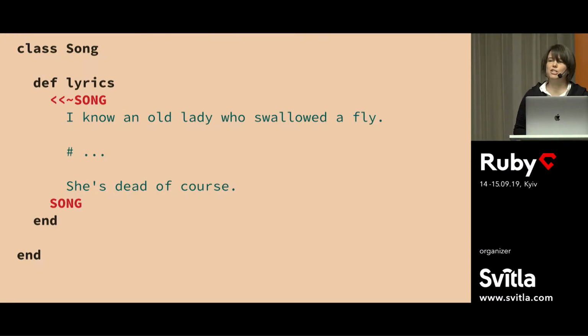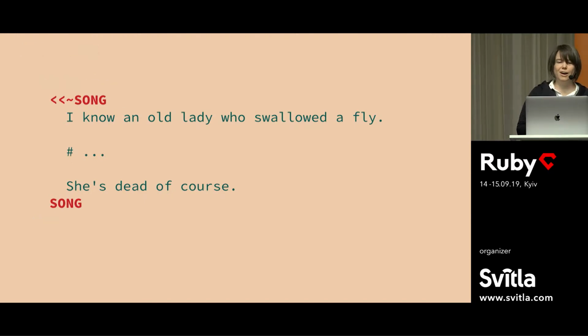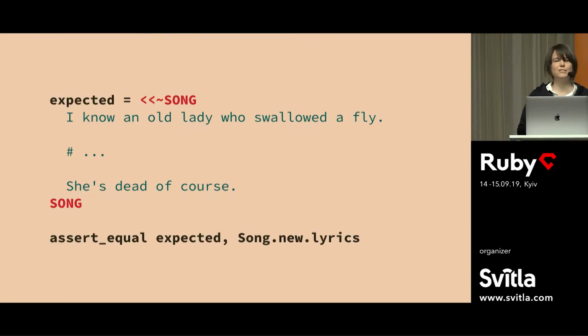And now we're going to be changing things. So we need a quick and reliable way to make sure that we're not heading off into the weeds. So I'm going to make a very simple test, the simplest that I possibly can, by copying the here doc into a brand new test, and then I'll stick the output in a local variable and assert that this is identical to the generated lyrics, which obviously it is, because right now the expected output is an exact duplicate of